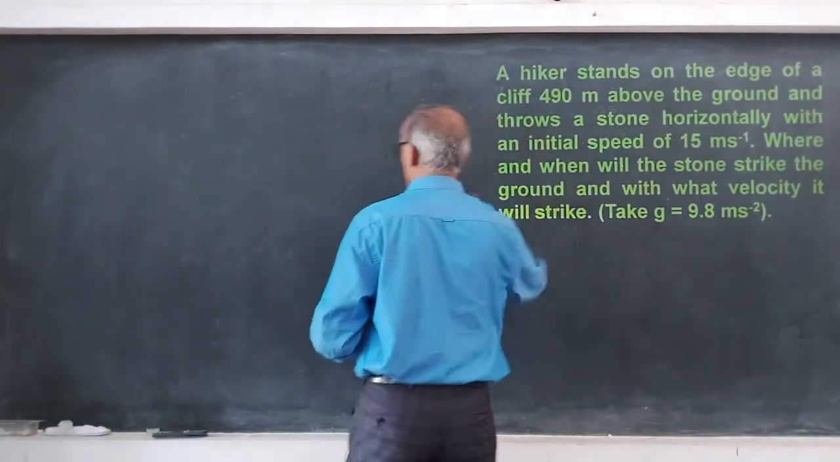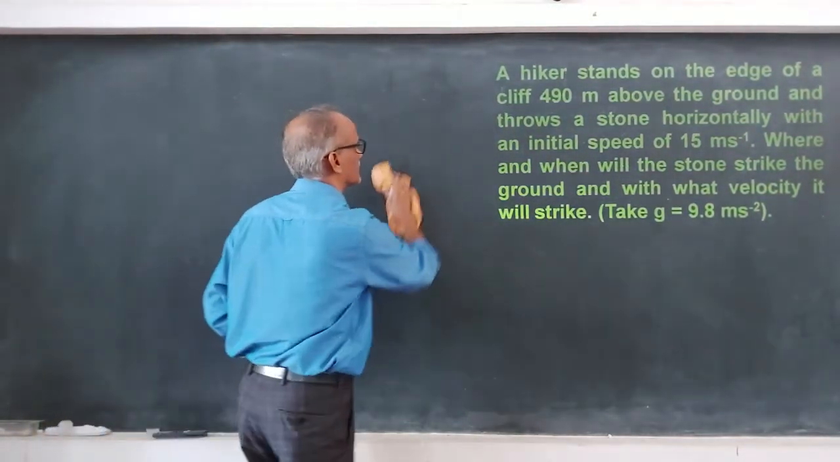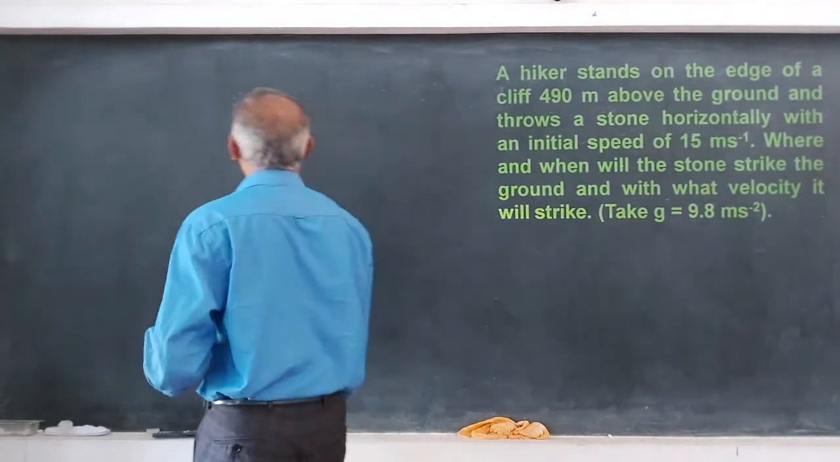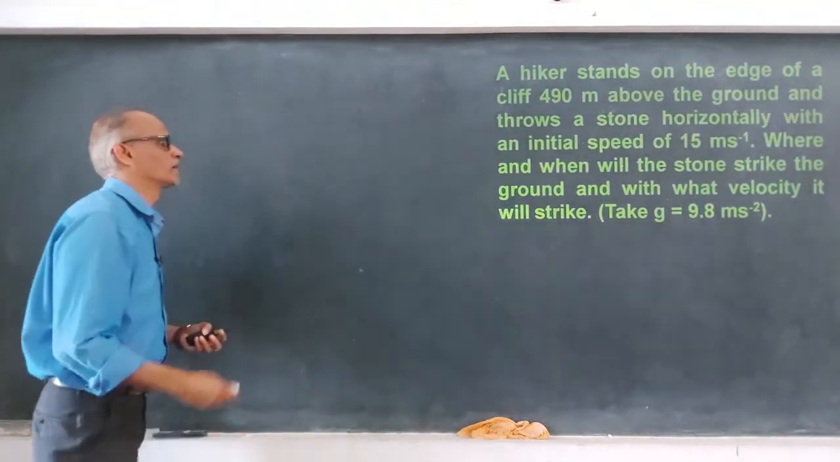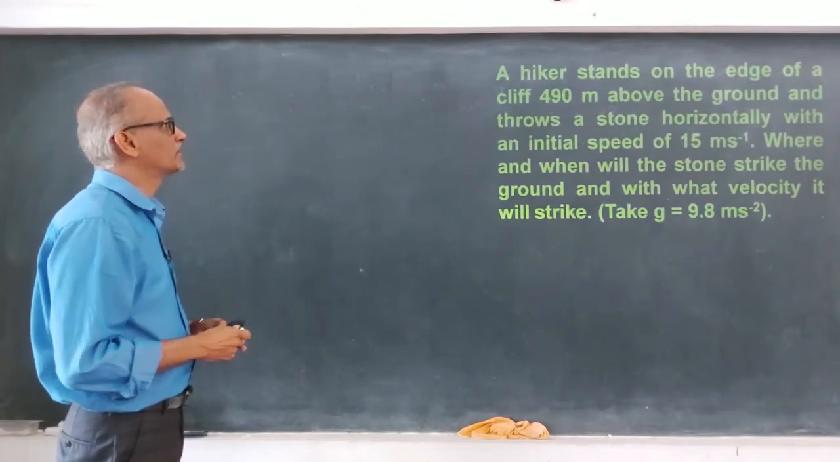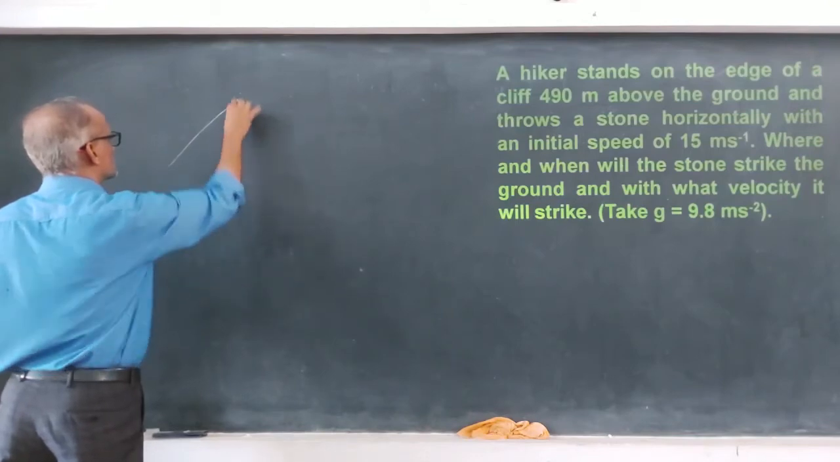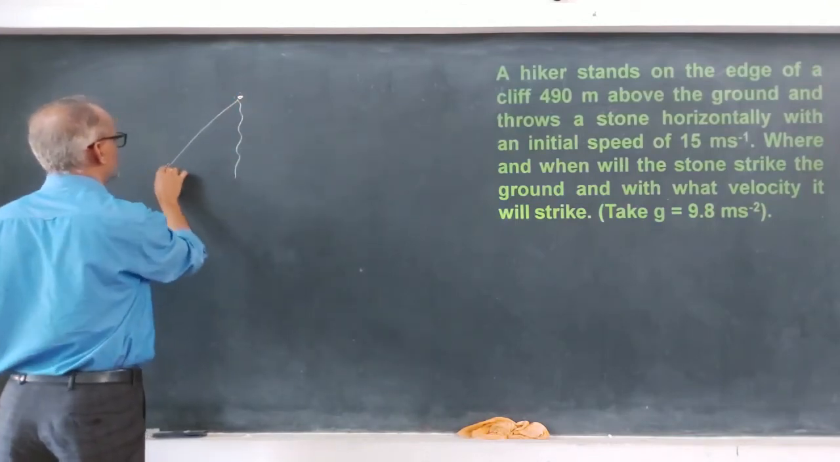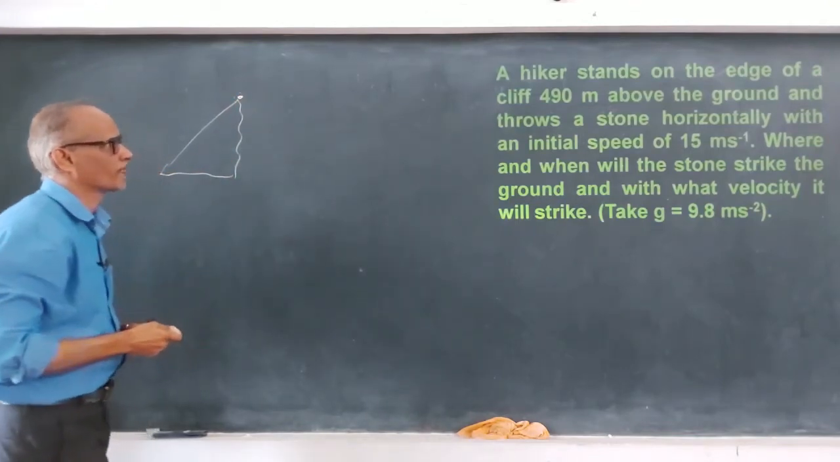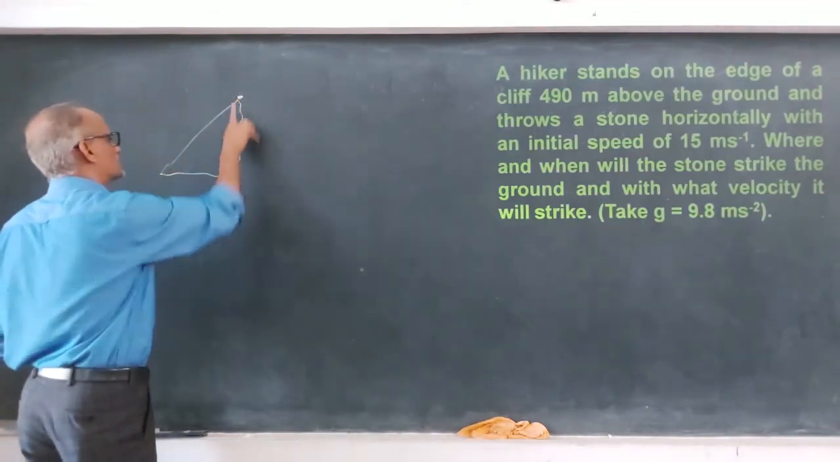The last numerical based on this particular topic. Statement: a hiker stands on the edge of a cliff. Hiker means it is a mountaineer, stands on the edge of the cliff. So, let us consider this is the edge of the cliff here, edge of the cliff 490 meter above the ground. So, therefore, height is given h